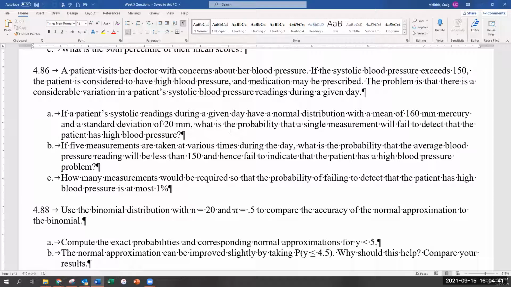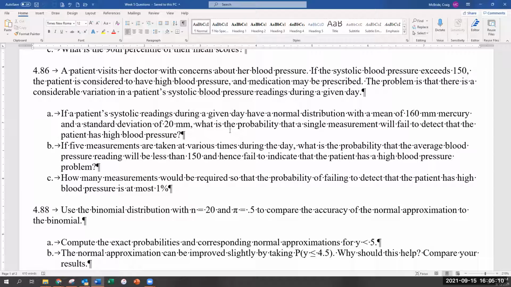And they go on to say that there's a problem that blood pressure varies during the day. So if you just measure it once, you're not really getting an accurate picture of that patient's blood pressure. So part A gets to that idea. They're saying, okay, so if we know that blood pressure readings, right, systolic readings is just blood pressure. If we know that readings during a given day have a normal distribution with a mean of 160 and a